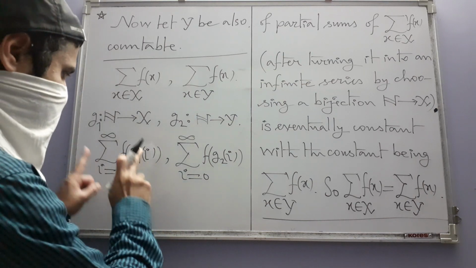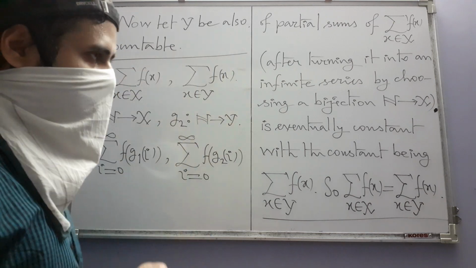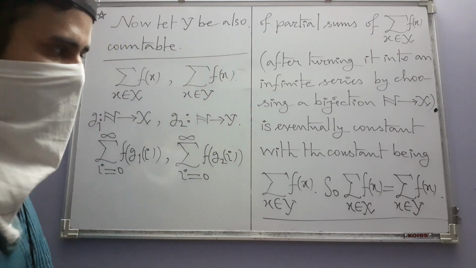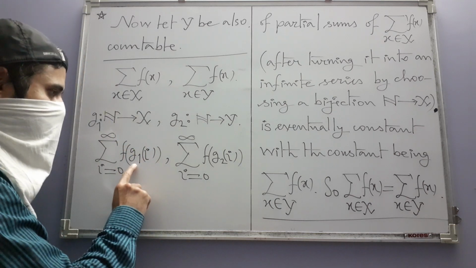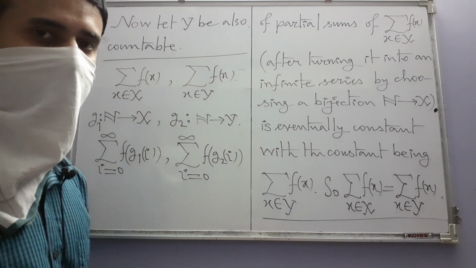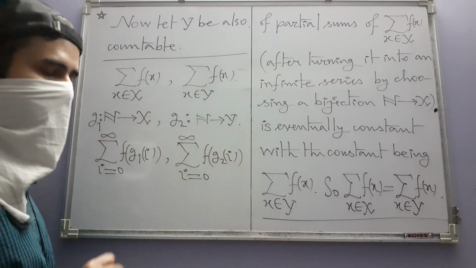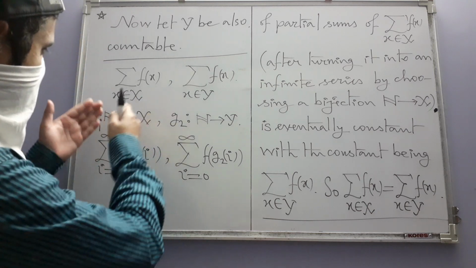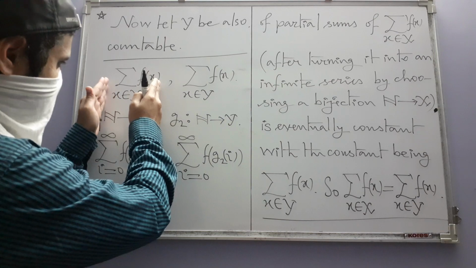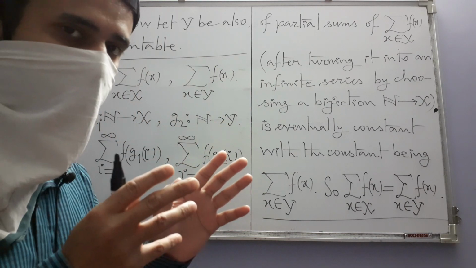The sums of these infinite series are the values of these two sums respectively, and we want to prove that they are equal. Now everything depends on us cleverly choosing this G1 and G2, which will show that these two sums actually are equal. In fact, as I have just now said, this is the value of this, this is the value of this, and those values are fixed